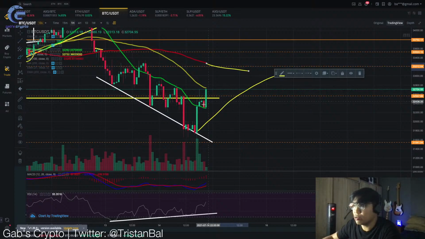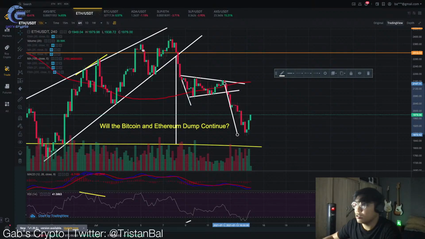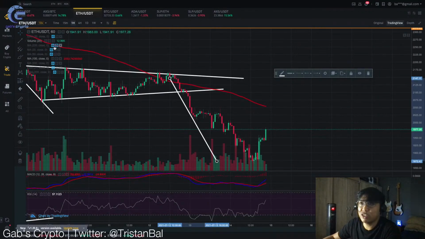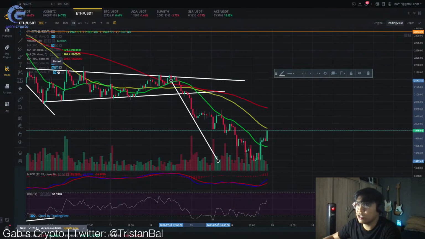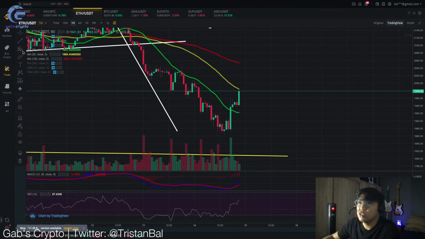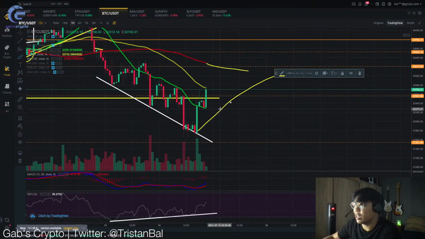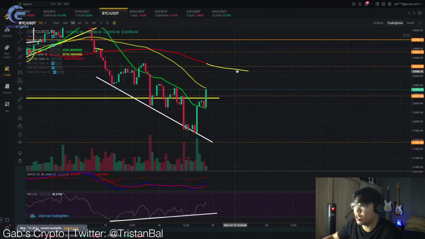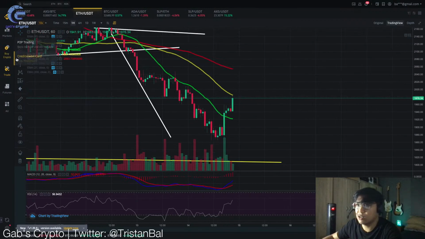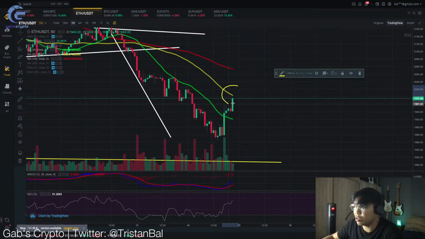So just like what I've been telling you, yun yung ating mga sinusundan. So right now, Ethereum, actually wala akong masyadong analysis dito ngayon for the short term. But what you should now be checking for is the moving averages. So 20, 50, and the 100. So ngayon, tingnan nyo, nagpe-play out ngayon si Ethereum within the 20 and 50. So same goes with Bitcoin. Ang kailangan ngayon mangyari is ma-break si 50 moving average for the hourly. So sa ngayon, nagkakaroon tayo ng resistance sa 50 moving averages exactly. Same goes with Ethereum, exactly dito sa 50 moving average resistance. Makikita nyo na dyan tayo nagkakaroon talaga ng resistance.